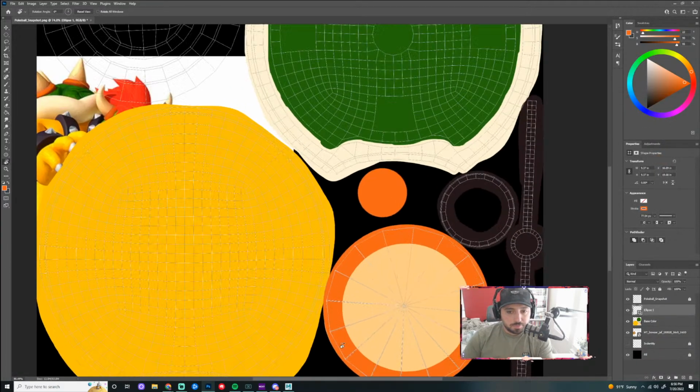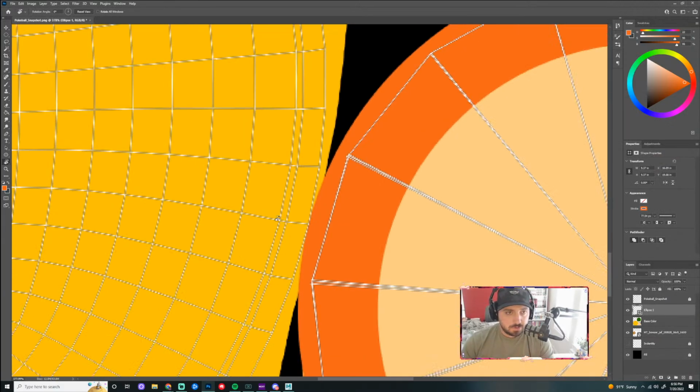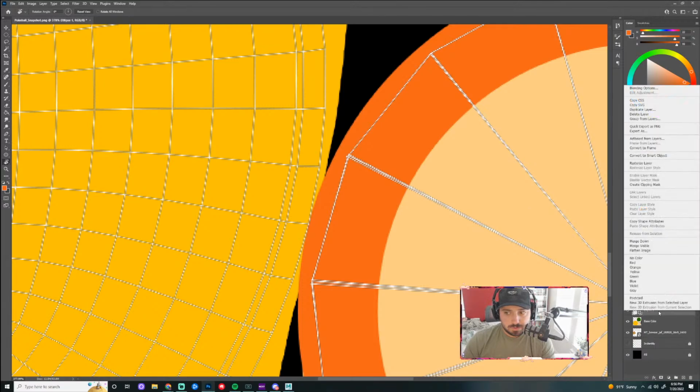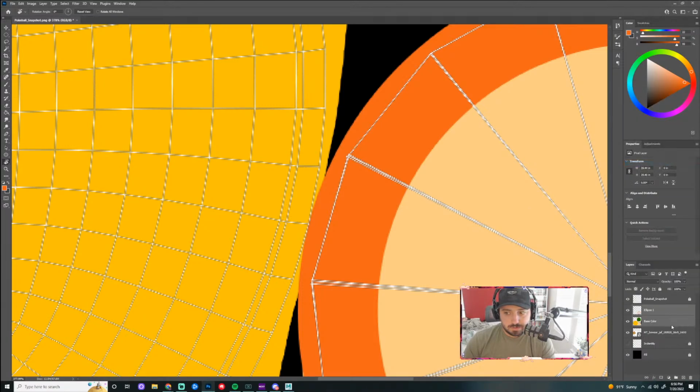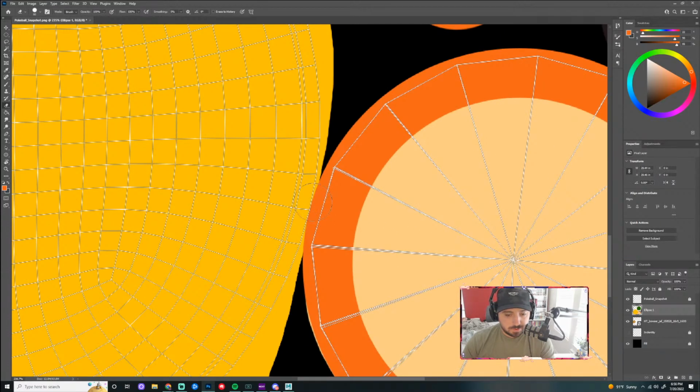If I like that, we'll figure that out in a minute. I do not want this to bleed over though, so what I'm going to do is rasterize this layer, merge these two, and then I'm going to erase or paint over with yellow right here, so it doesn't bleed over.